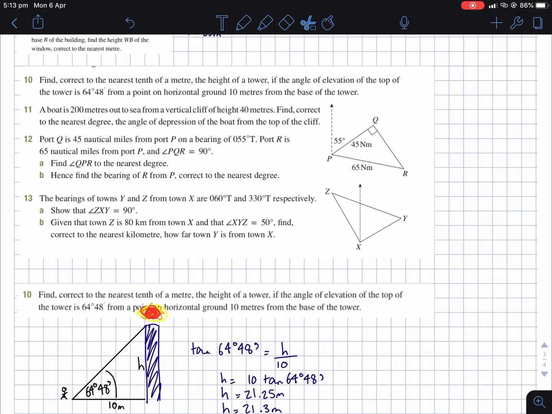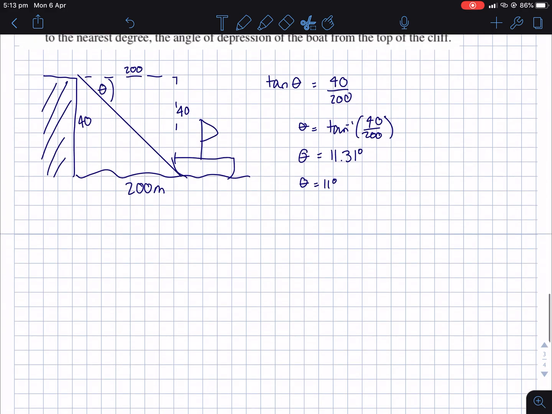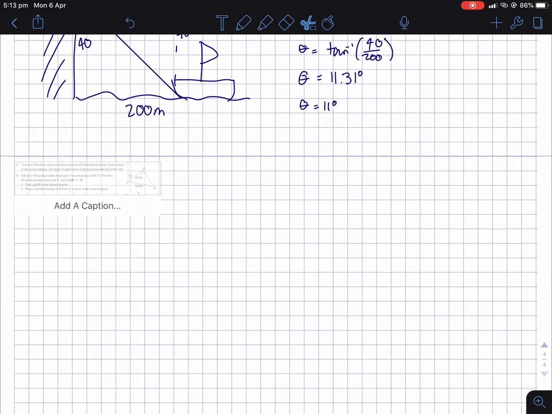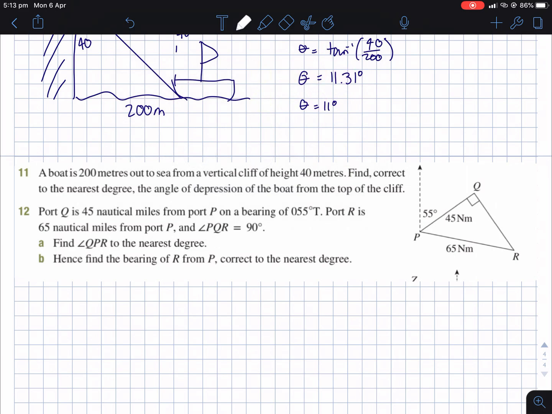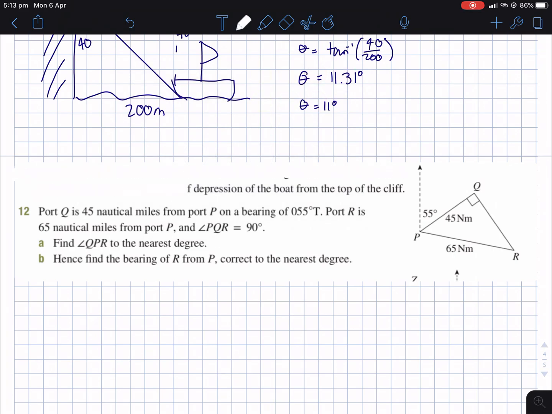Okay, question 12, they've given us a picture. And let me get rid of the stuff about the boat. Okay. Q is 45 nautical miles from P on a bearing of 55 degrees. R is 65 nautical miles and PQR is 90 degrees. Find QPR. So they want us to find QPR. That's this one